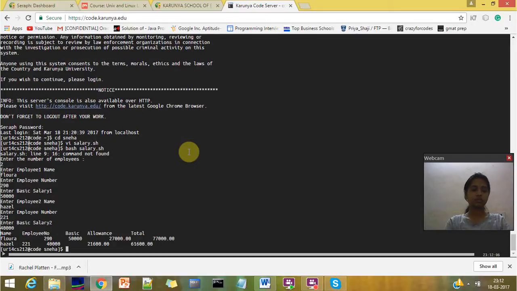So now what the program did: it invoked the get details function call. Then after getting all the details, it invoked the calculate function call. After calculating, it invoked the display function call. Now in the display, it displayed all the basic information that the user gave as input,